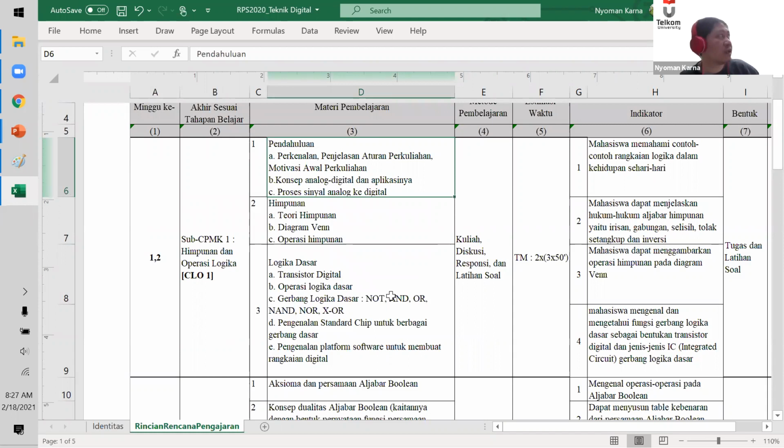We have another 5 minutes to explain about this. After this set theory, Venn diagram, and the operation for the set, I need to explain about analog signal and also digital signal. Next, we're going to discuss the logic gates.